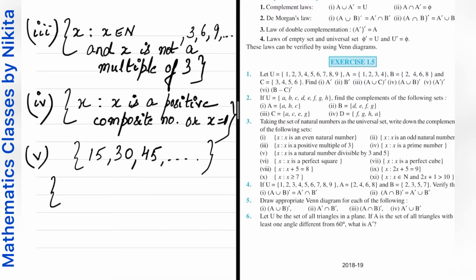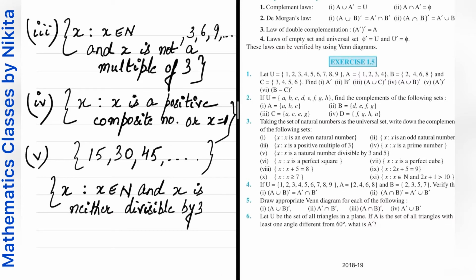Now you have to write its complement. ठीक है, complement हम set builder form के अंदर ही लिखेंगे. So all those x such that x belongs to n, that means x is a natural number, and अब जब हम लिखेंगे इसका complement, so हम लिखेंगे x is a natural number and x is neither divisible by 3 nor 5. ओके